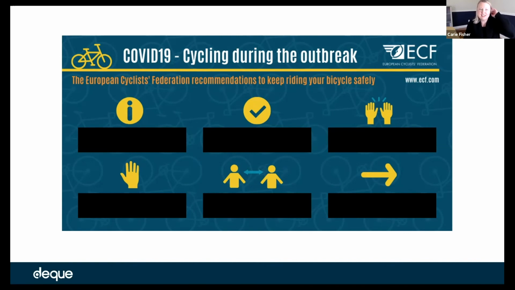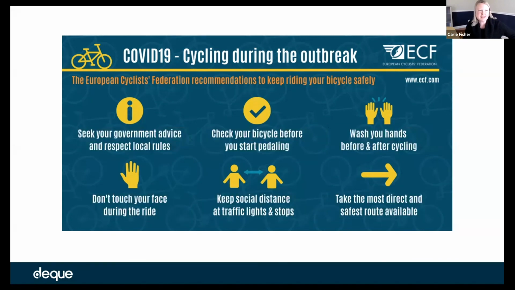Testing the readability isn't the only way to measure effectiveness of PSAs. Another one is icons. I did this test with coworkers, and I asked them, what do these icons represent, right? And some of them had trouble understanding. This is from the European Cyclist Federation. And they could guess on a few of them, but there are other ones like checking your bicycle before you start pedaling,